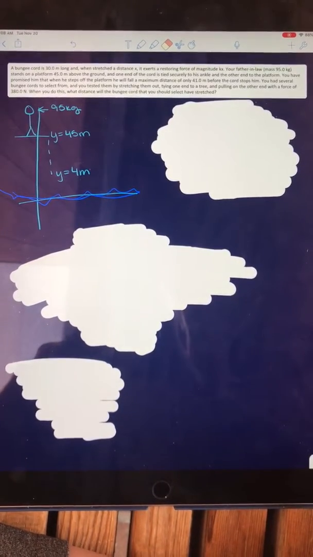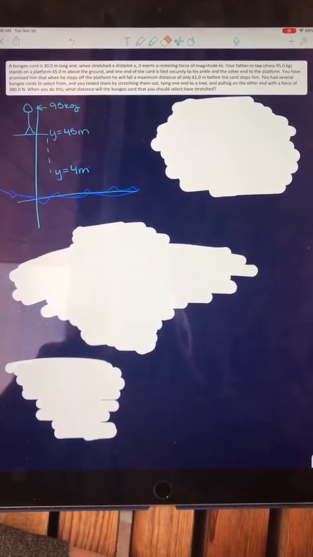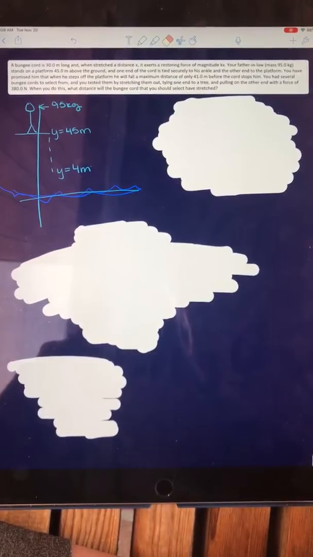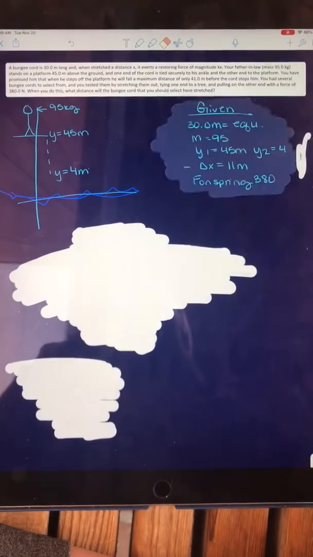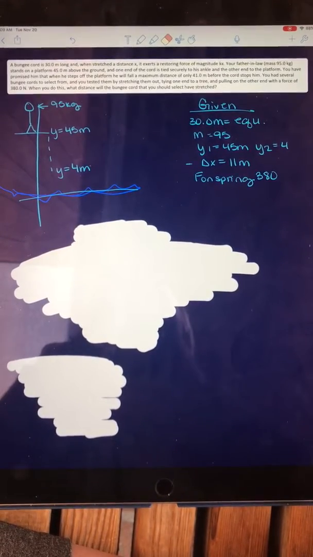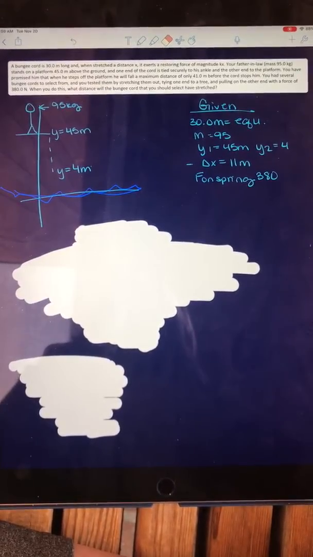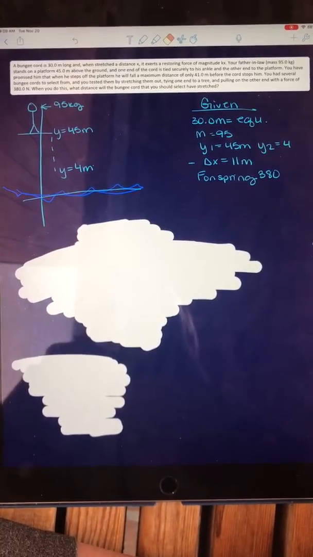of 95 kilograms, a y value of 45 meters, one of 4 meters, and you can get that if you take the 41 meters that he'll fall out of the 45 meters he starts from, and we got 4 meters here. We can also write down our given values. It tells us that the cord is 30 meters long, and that means that the equilibrium is going to be 30 meters down. We have a mass of 95, two y values here, and this can tell you that we're